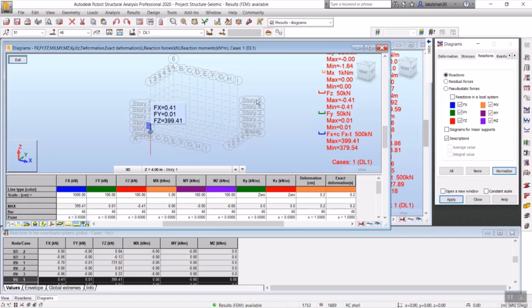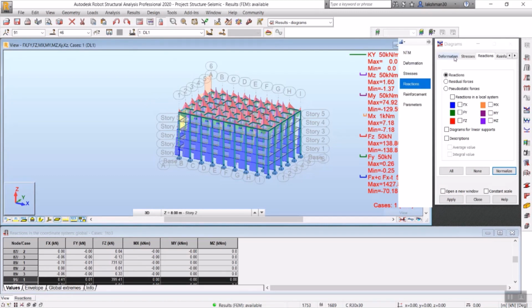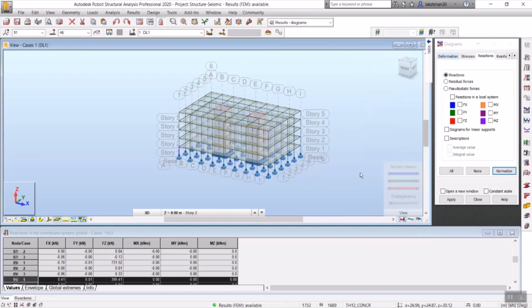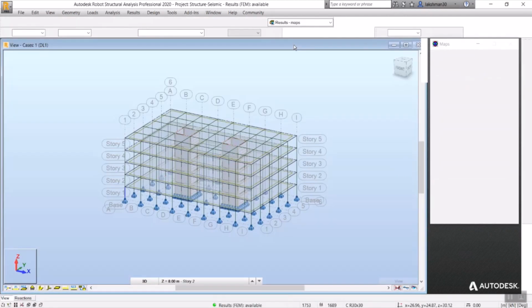These types of analysis results can be taken from the model and exported to your Excel format or something like that. The deformations and the displacements, that is how much displacement there is in the beams and columns, will be known. These kinds of results can be expected here in the Robot analysis. If you want to see more, I will normalize the view. Then there will be an option to see the maps, that is for slabs and for walls.